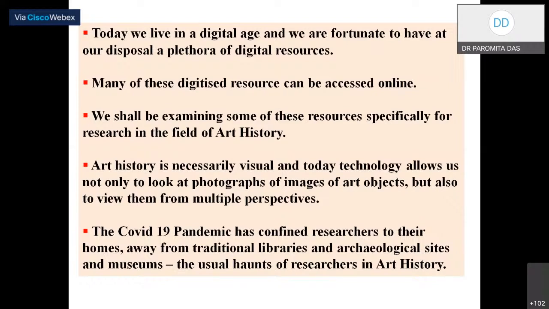The COVID-19 pandemic has confined researchers to their homes, away from traditional libraries, archaeological sites and museums. And these are the usual haunts of researchers in art history. You will generally find us in a museum or in a library poring over what other people have written, looking at the Shilpa Shastras, trying to identify a divine figure from the iconographical descriptions,